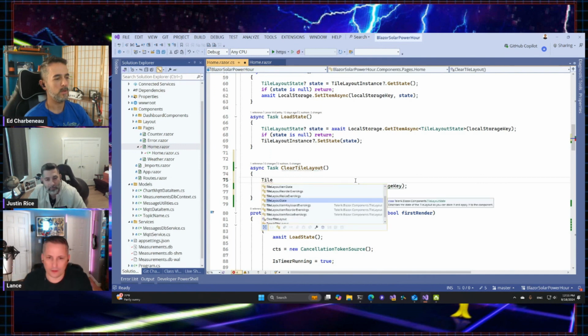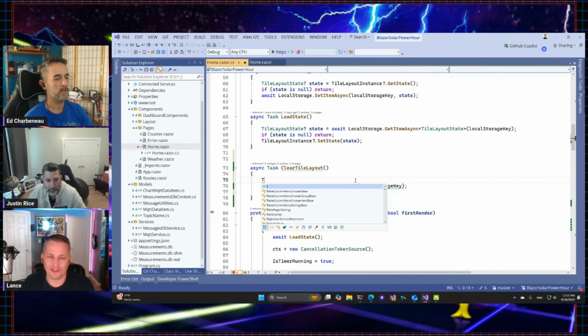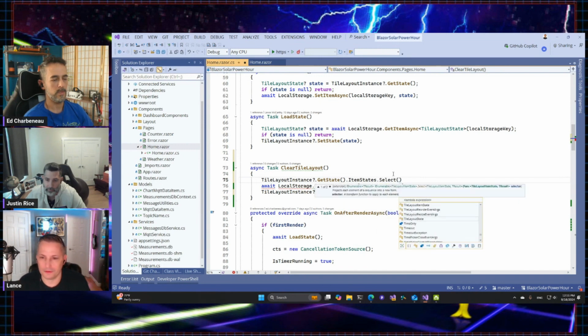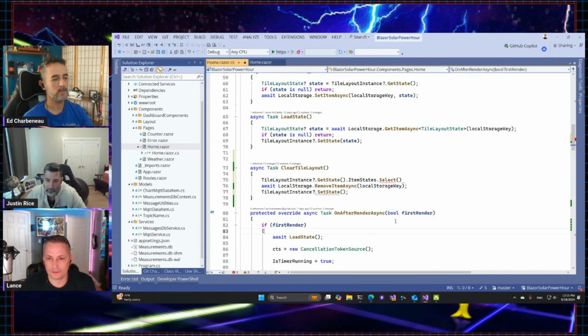You got me thinking though. Tile layout instance, get state, dot, this item states. So I list, select, and then we could probably change the, because they're all going to be just, well, if you want to set the middle one,